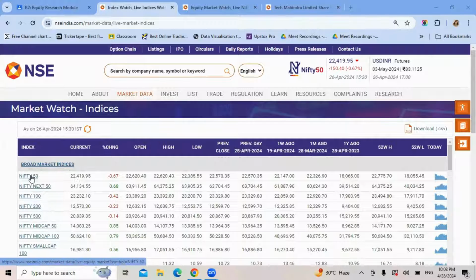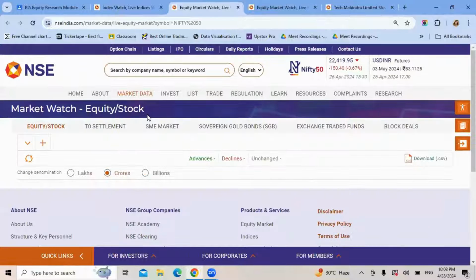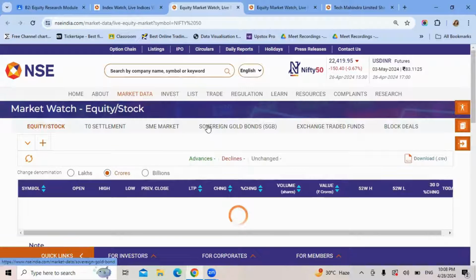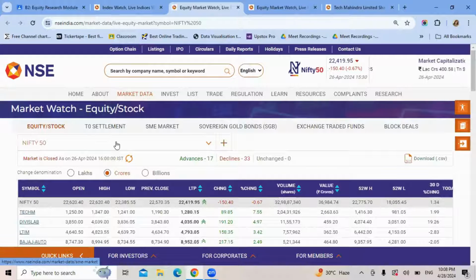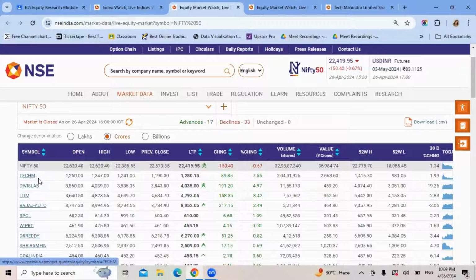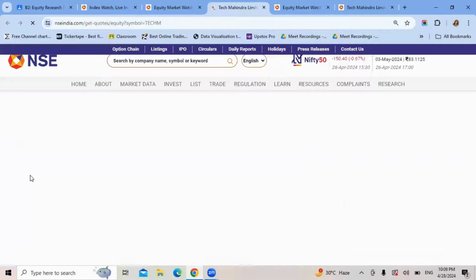On this page, if you click on Nifty 50, which is a broad market index, this is what opens, and you will get a list of all the 50 companies listed in the Nifty 50 index. Now, additionally, you can go to any one of them for which you need company understanding, segment information, or the industry classification. For example, let me click on Tech M and let's see what I get.